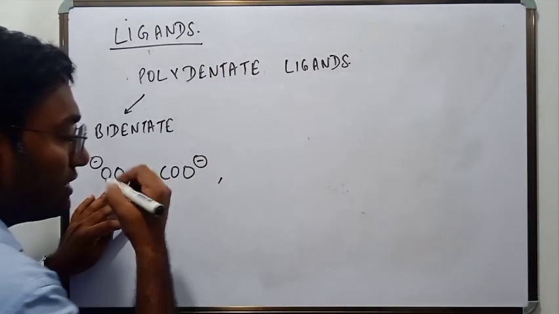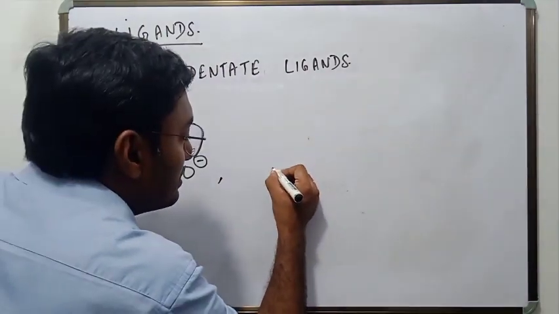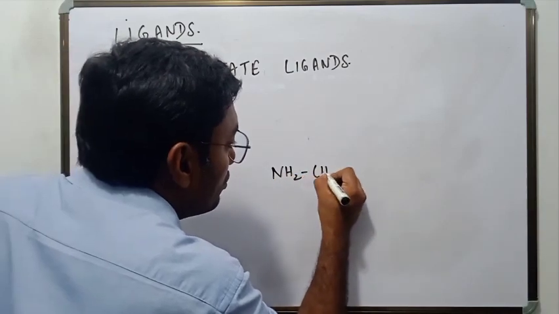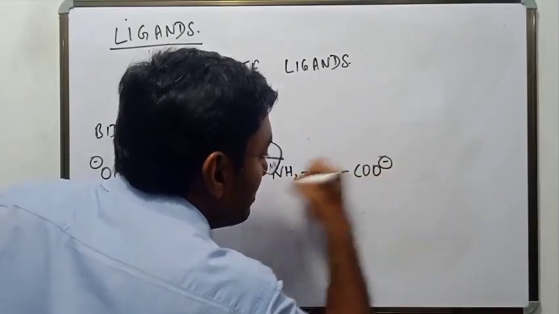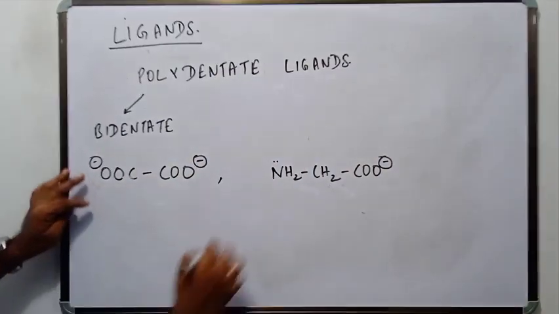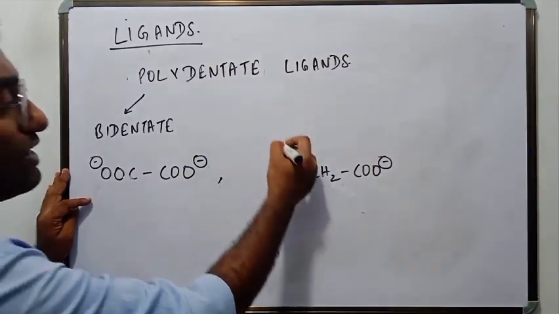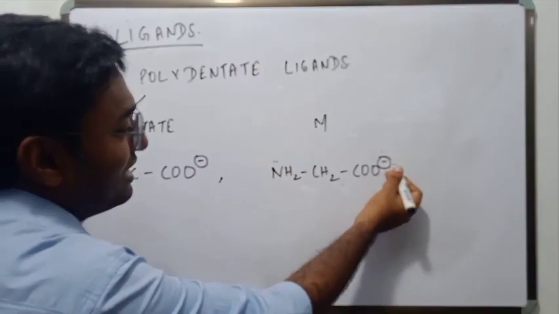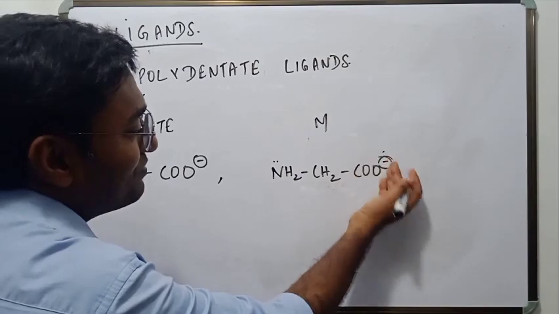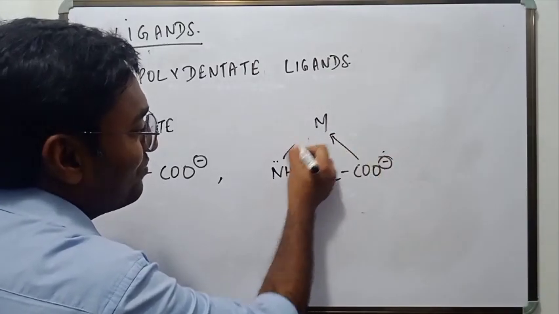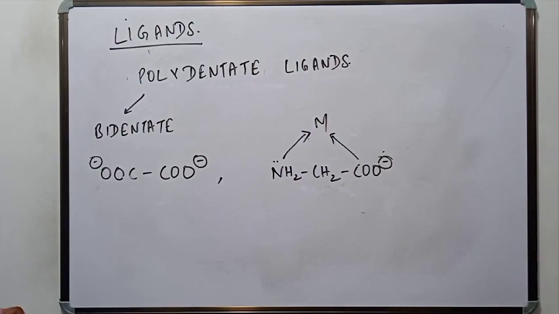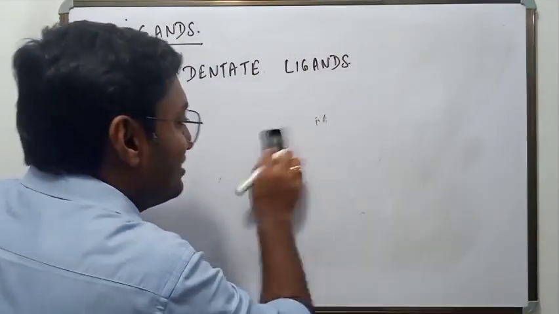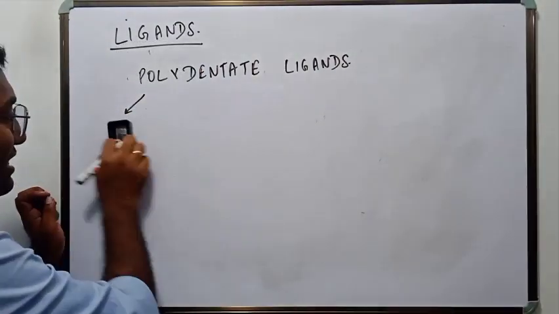And let us look at another example. This is NH2CH2COO minus, glycinate. This is a neutral molecule that can donate a pair of electrons to the metal ion, and this one is already having a simple anion type of structure. So both can go for donation of electrons. So this is a bidentate ligand. Let us now go for tridentate ligand. Two linkages in bidentate. Let's look at tridentate